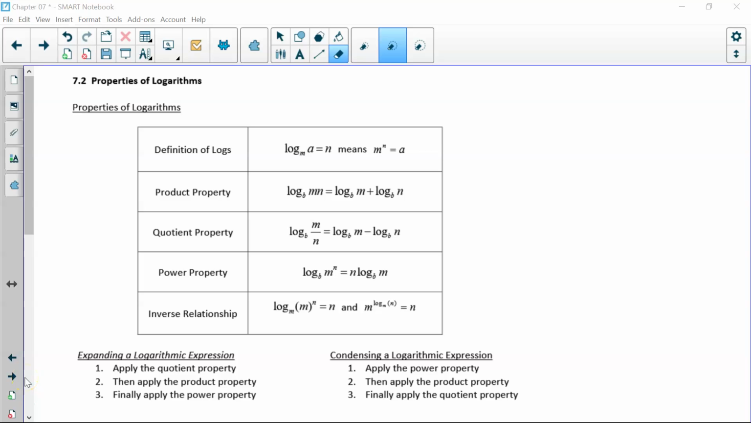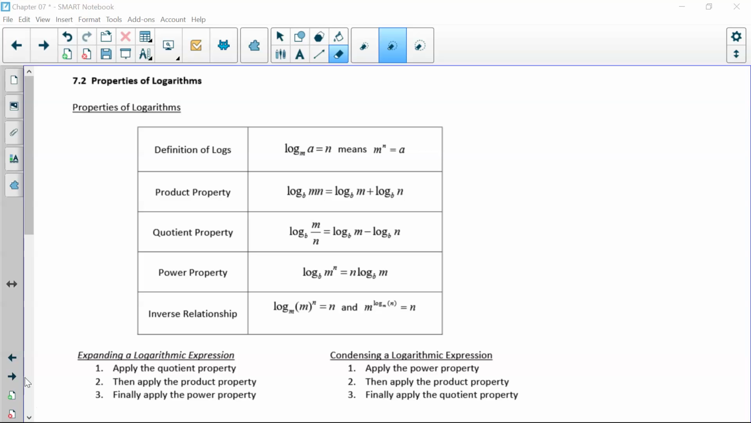Welcome to section 7.2, and we're going to be talking about the different properties of logs today. And we're also going to be talking about how to expand and condense logarithmic expressions. Now, the first thing is the definition of logs, and that's how we can rewrite from logarithmic to exponential form